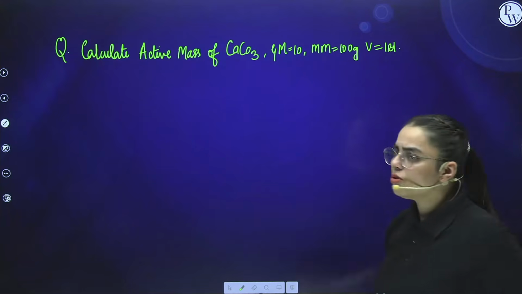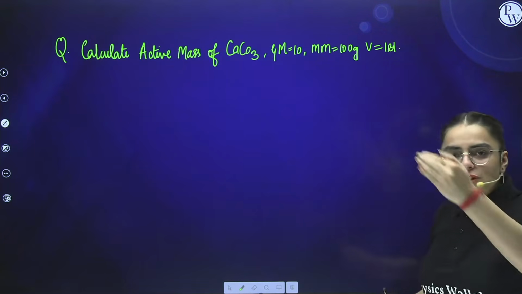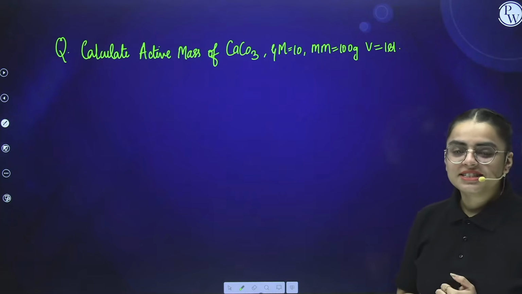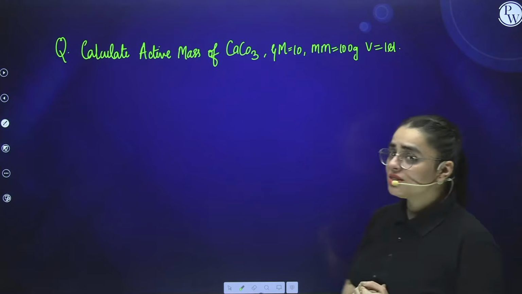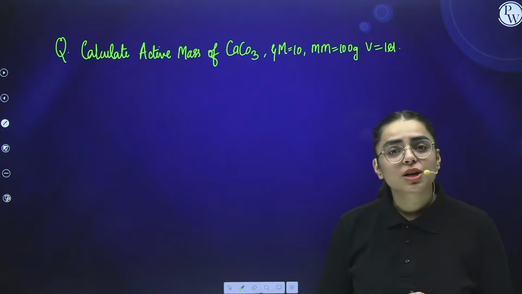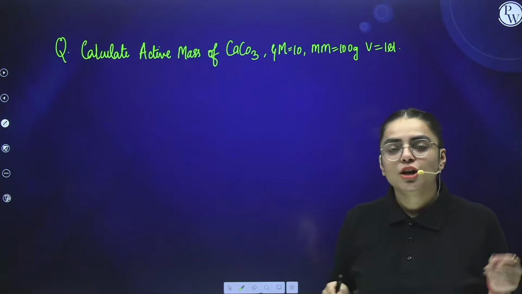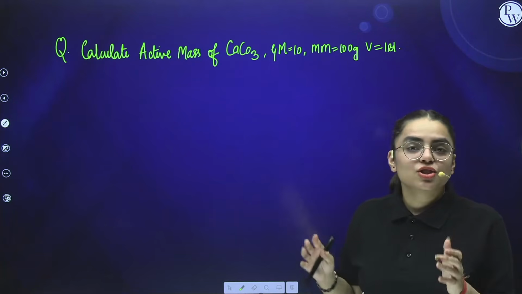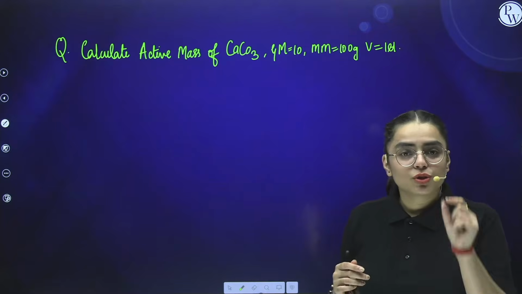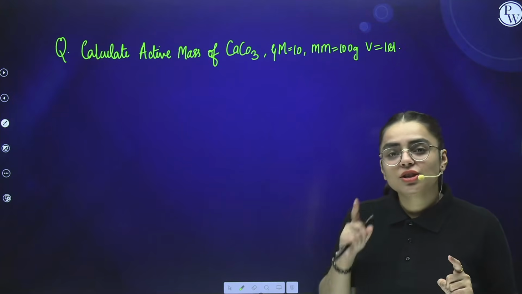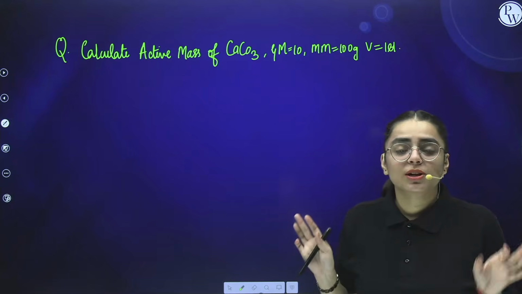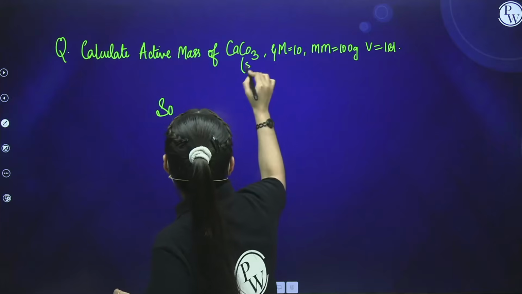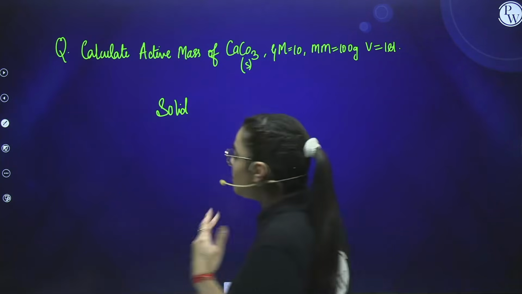You will say, ma'am, this is so simple. We can directly use the formula, given mass upon molecular mass, divided by the volume. No, you are wrong. Why? Whenever you are finding the active mass for a solid substance, it comes out to be unity, it comes out to be 1. That means whenever you look at the reactions, you need to find out which is in gaseous form and which is in solid form. Whenever you observe a solid, you just have to cancel it out, because its active mass is 1. So for solids, like this one, if they ask me the active mass, I don't have to calculate it.